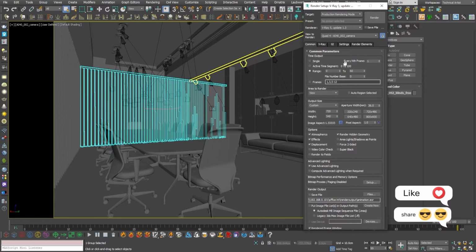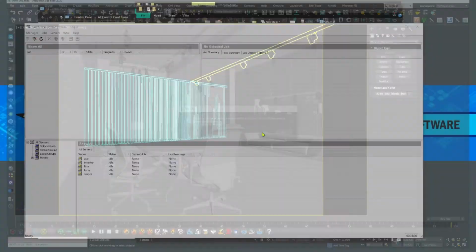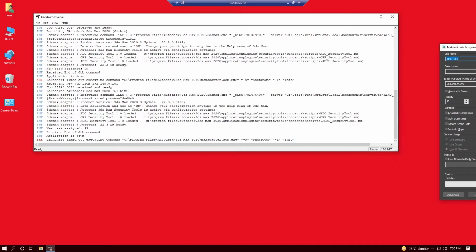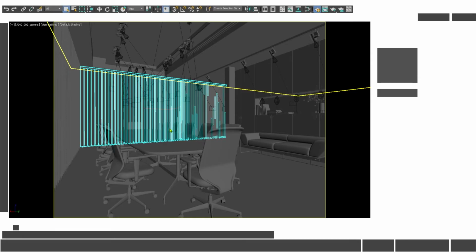and then you can see that the job that was running has been cancelled. And let me just try to render this again, submit to network rendering, and click on yes, and once again click on connect and enable notification critical, and you want to be using all servers. You can use some selected servers as well, but I am going to use all servers and click on the submit scene once again. So it is going to save the scene,